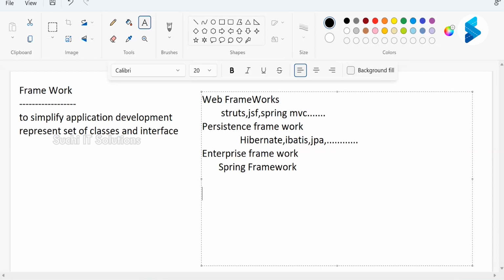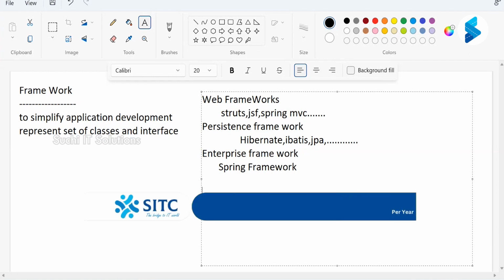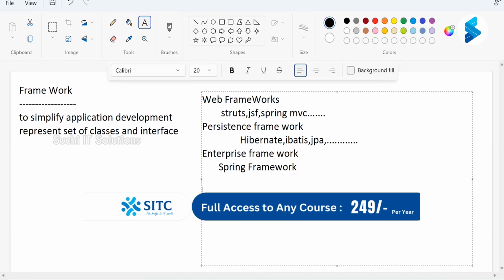Right. So a Java framework is pre-written code used by Java developers to develop Java applications simply. Using a framework, we can develop web and distributed applications and simplify application development. A framework contains a set of classes and interfaces.